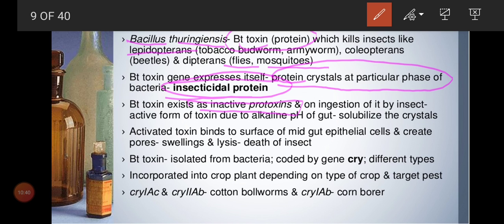Now look at the slide. The activation story we already learned. So Bt toxin is isolated from the bacterium Bacillus thuringiensis, coded by the gene CRY. Okay, CRY, that is 1AC. What is given in your book? CRY